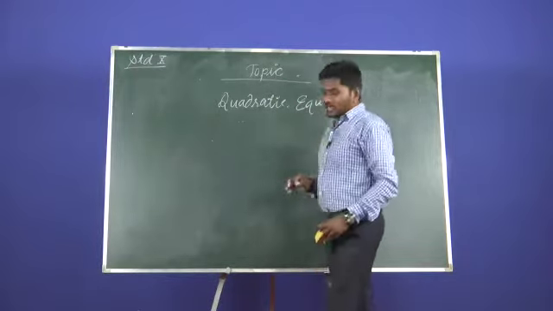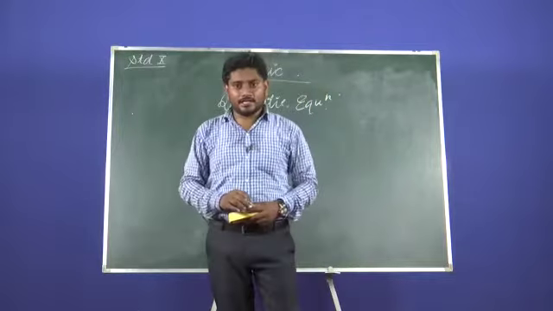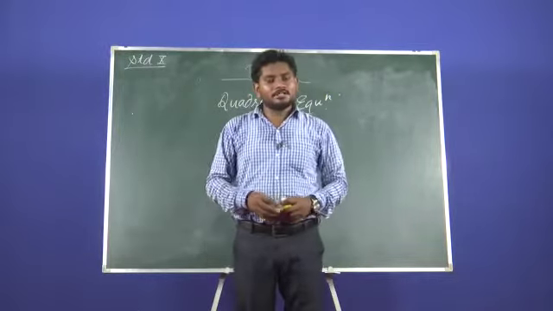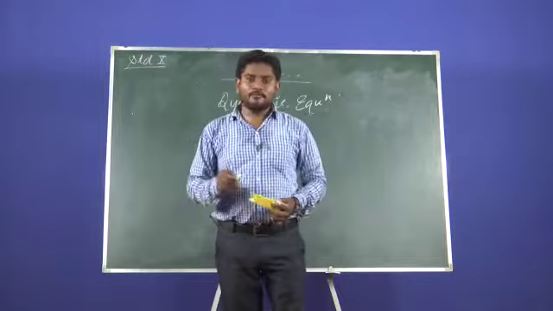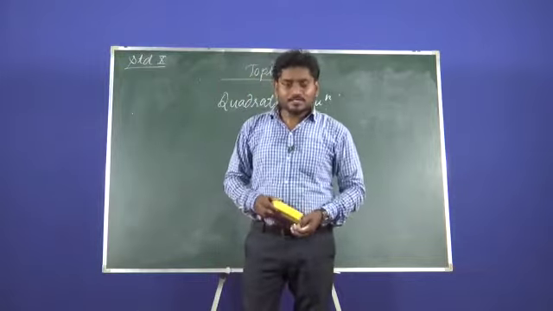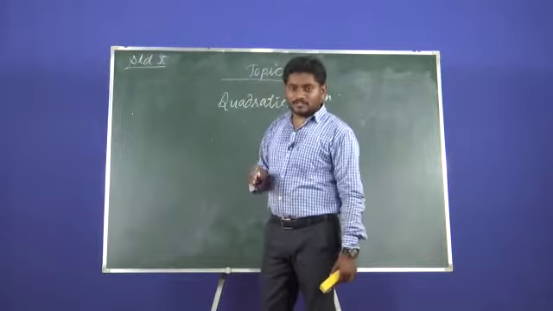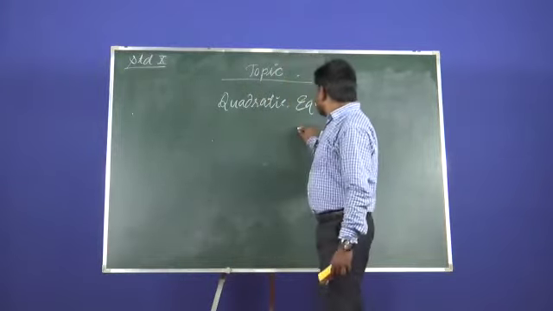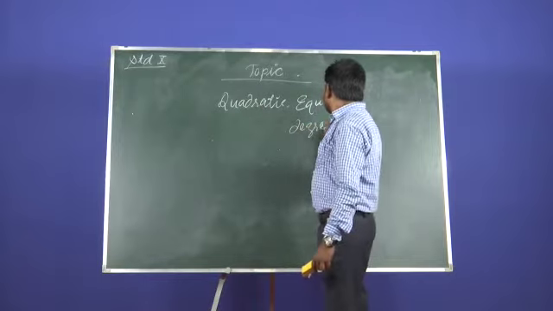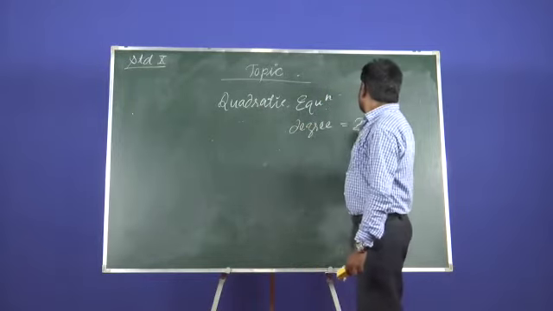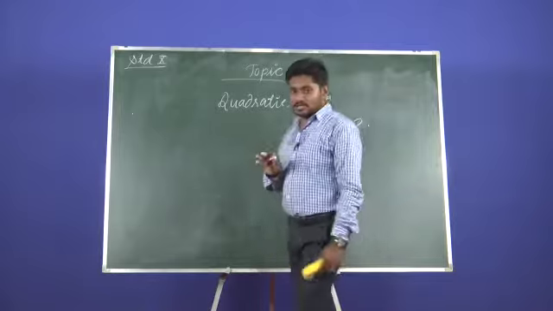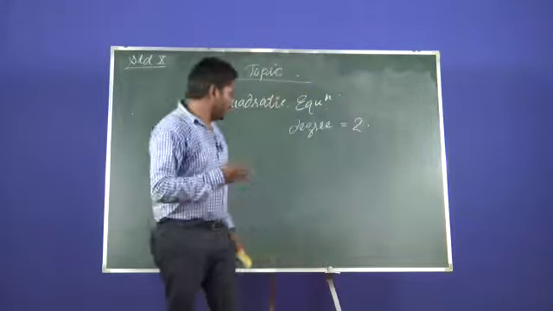Quadratic equation. Guys, we know all the concepts of linear equation. A linear equation is a type of equation which has two variables and degree 1. Similarly, a quadratic equation is a type of equation which has degree 2. The basic difference between them is that in a quadratic equation the degree of the equation is 2.